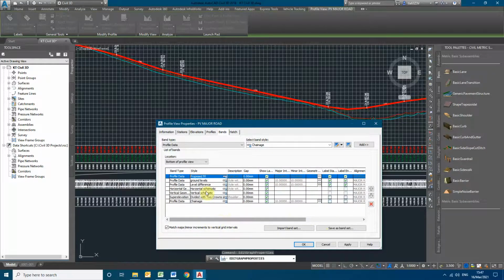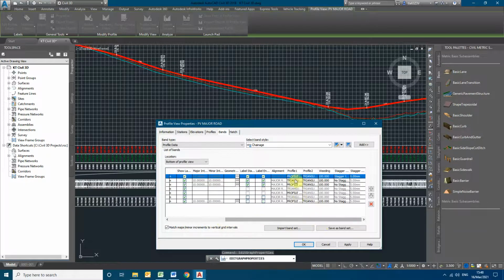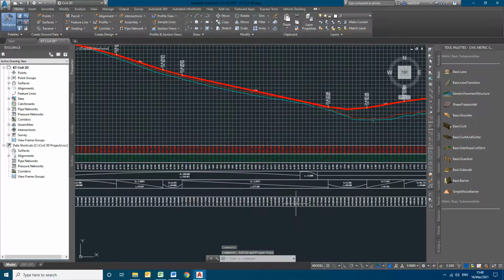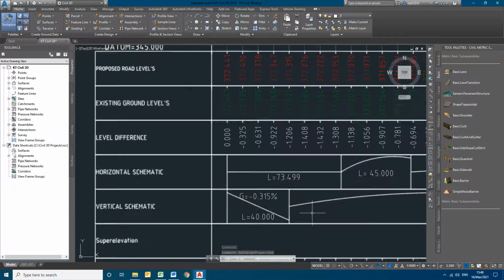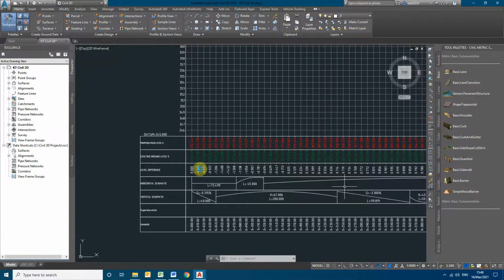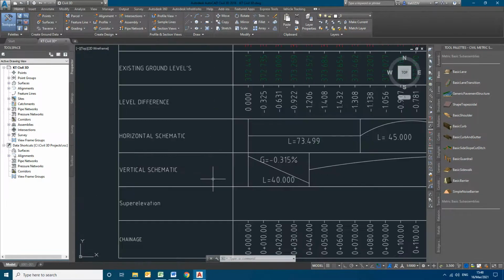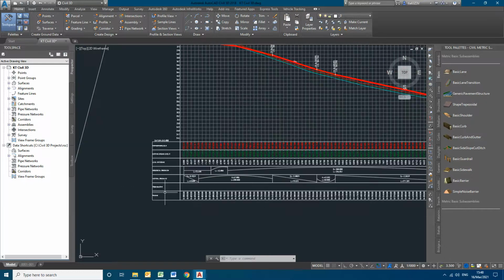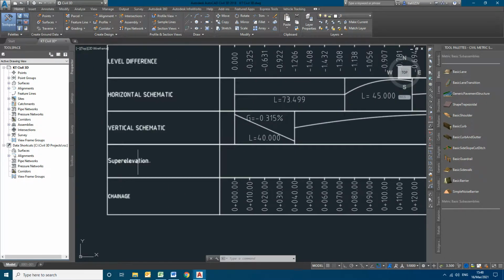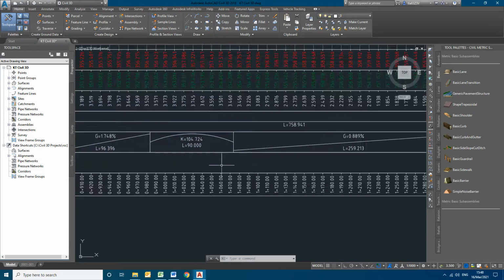Similarly for the horizontal and vertical schematic, the chainage and superelevation, you have to assign the profiles and surfaces exactly where they are to be given. By applying this, you can see the gradients that we had provided. Vertical schematic, horizontal schematic, now everything is there. Superelevation is not applied; in the next procedure, when we apply the superelevation, we can find the schematic of superelevation on this band also.